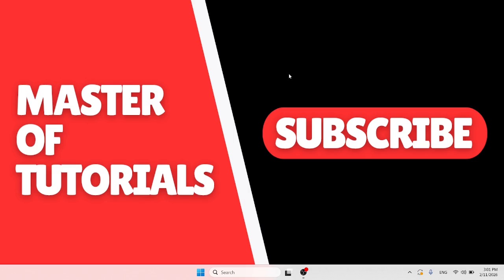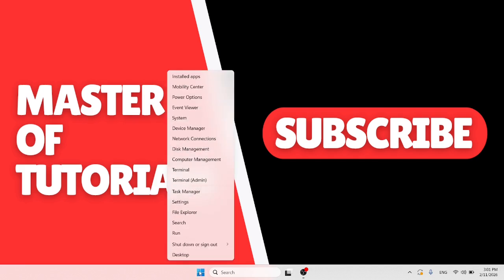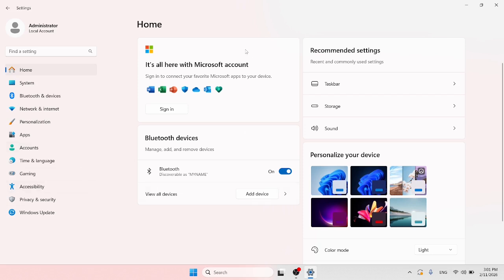Hi, in this tutorial I'm going to show you how to show apps when snapping or using Alt-Tab in Windows 11. If you want to enable this option, you need to click the right mouse button on the Start icon, and after that go to Settings. Yes, so I select Settings here, and of course the Home settings will be displayed, but we are interested in